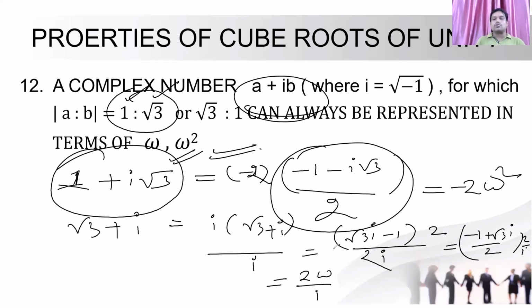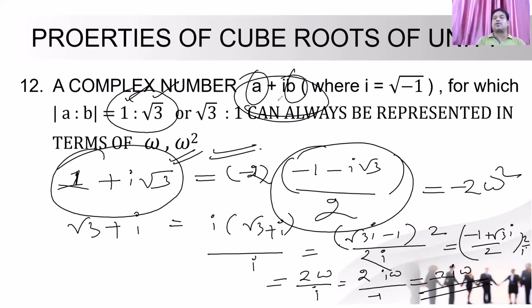That is no problem. So you can write it as what? Multiply i on numerator and denominator. It will be 2i omega divided by minus 1. So its value is minus 2i omega. Okay. So if in place of a, I write 1 and in place of b, I write root 3, the answer can be written in omega form. If in place of a, I write root 3 and in place of b, I write 1, the answer can also be represented in omega format. So this property says this. So students, now